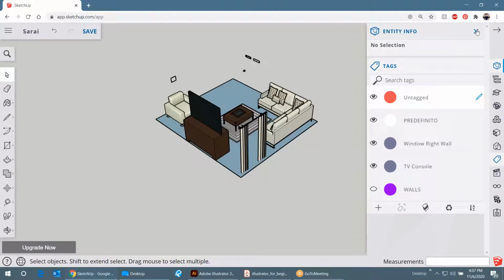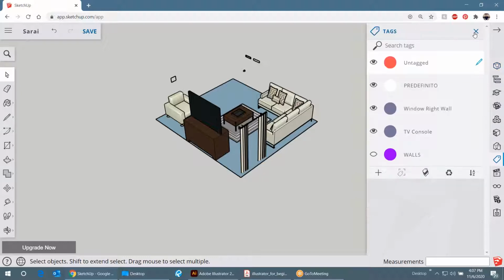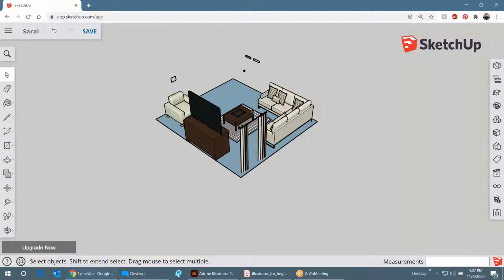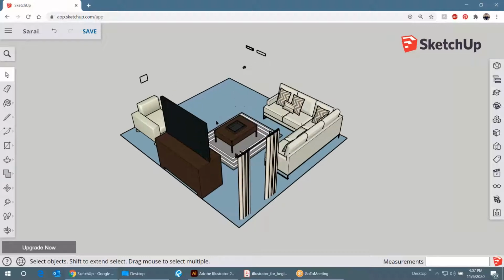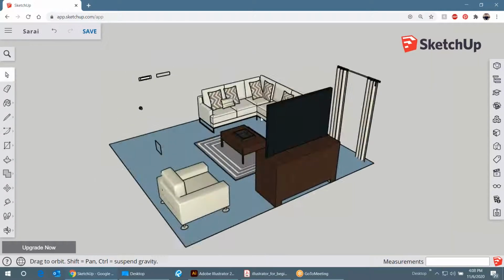And I know I told you guys I'm going to teach you Illustrator, and I am. Don't worry, I'm going to get to that in a minute. I just wanted to go over this really quickly. What I'm going to do is actually use a background image of your SketchUp model to work in Illustrator. So the next thing that I want to teach you really quick is how to use